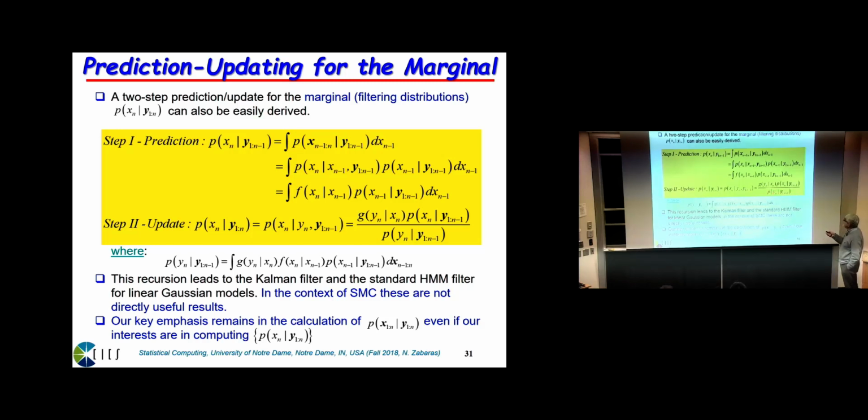You can show that predicting what your next observation will be, if you know the observations up to n minus 1, involves recursion again. This is the previous filtering distribution times the transition model times the observation model, and you integrate the state x_{n-1} out. What is nice, and maybe worth seeing on this slide, is that this marginal